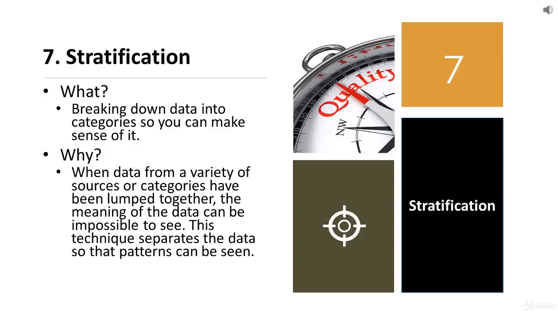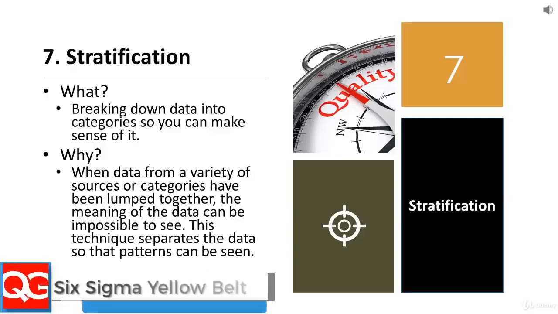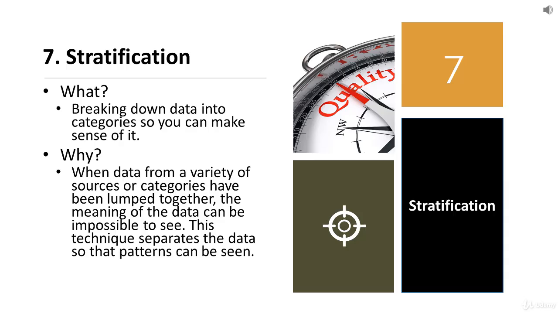Coming to this seventh and last tool in this series of 7 basic quality tools, which is stratification. Stratification means breaking down the data into categories so that you can make sense out of it. A number of times you have data which is a mixture of many things, and if you look at that, you really don't make good sense of it unless you break it into